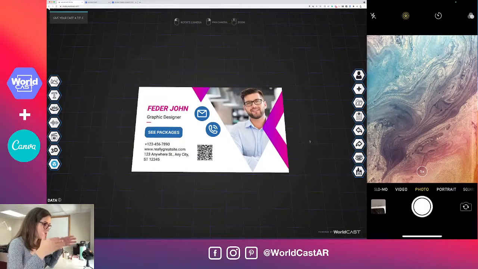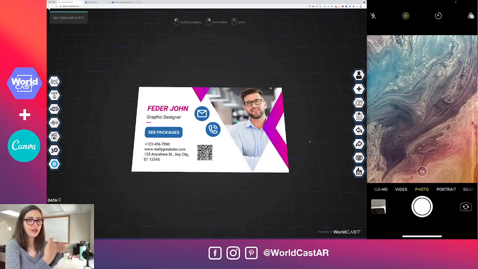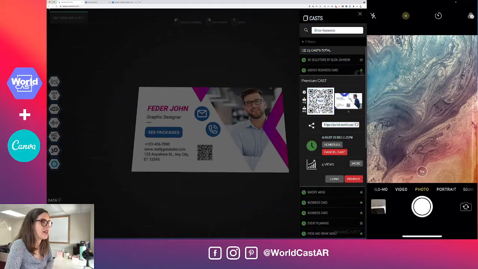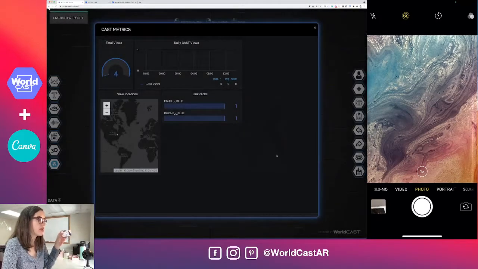Imagine you're an agency owner and you want to implement something like this for your clients. So there's a use case or a need to show that your clients are getting leads, or click-throughs, or emails, whatever. To do that, we're going to go to our WorldCast or cast list. In this option here, I've got our actual printed card loaded. At the bottom, I'm going to go more,